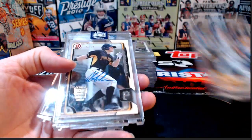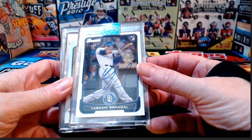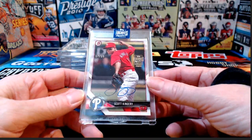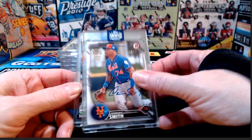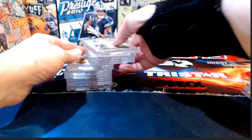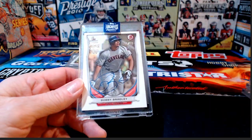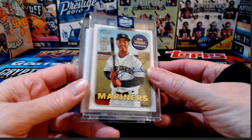So we have Corey Dickerson and the Pirates and Austin Meadows, the White Sox and Dylan Cease, Padres with a nice little Yasmani Grandal, Bowman rookie, the Cubs, Daniel Vogelbach, Bowman, Scott Kingery, Phillies, Red Sox and Vasquez, Dominic Smith for the Mets, Matt Olson for the A's, the Twins with Max Kepler, Tim Anderson for the White Sox, Hunter Dozier and the Kansas City Royals, Mike Clevenger for the Indians, Bobby Bradley for the Indians, the Mariners, and Segura